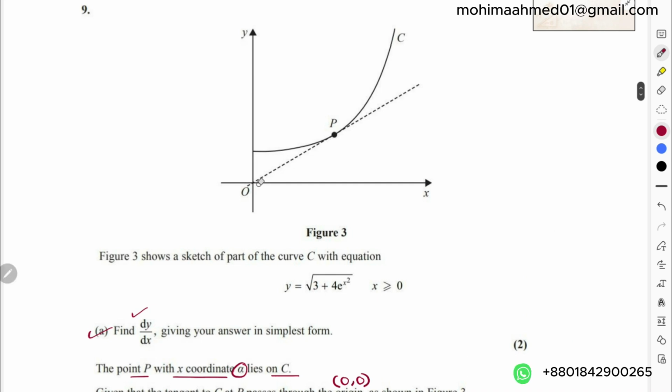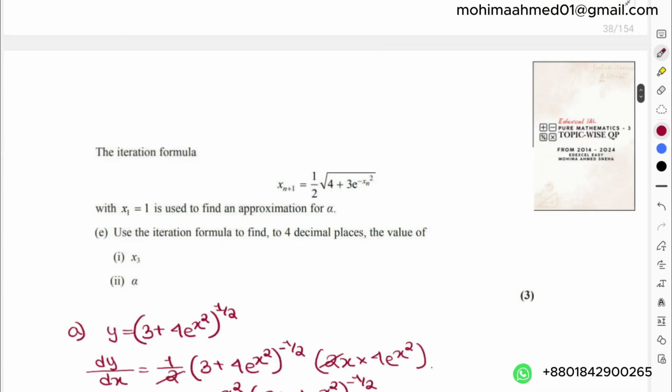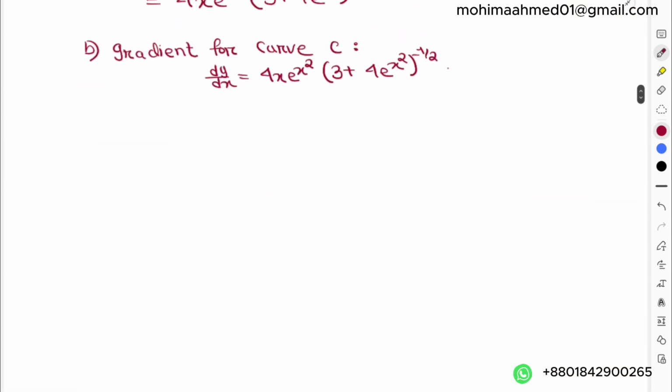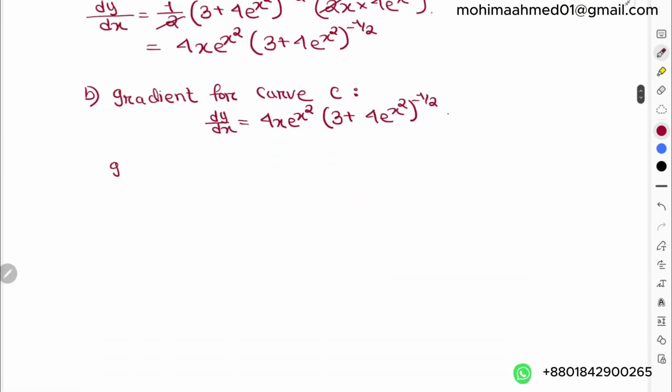This point P also passes through this line, right? Which is what? y equals x over here. You can see this is an equation for y equals x. If this equation is y equals x, and what was the equation for y? You can now consider this in this way, that for the gradient of the tangent, which was also passing through the origin at (0, 0), we can write this equation as